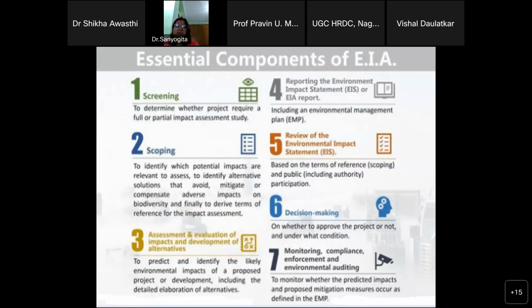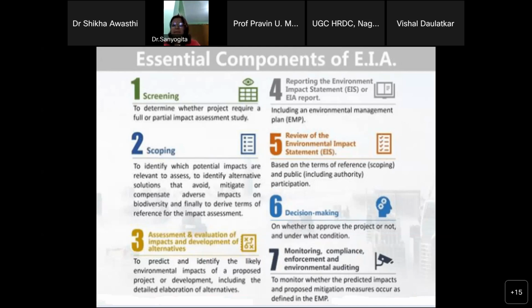Reporting of the environment impact assessment, EIA. Then whatever the assessment and the prediction is there, that has to be reported in a systematic given format. So review: जब report बन जाता है तो it should be open to the public authority. जो span दिया हुआ है 30 days का, तो ये report open हो जाता है उस particular जगह पे जहाँ project आता है, तो वहाँ के जो